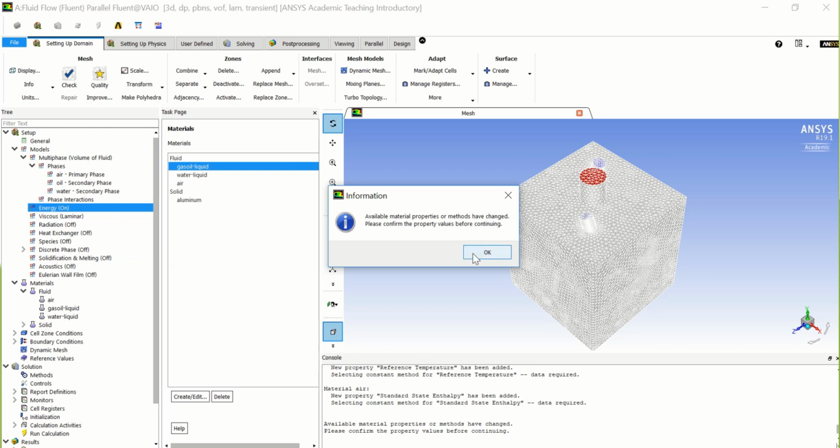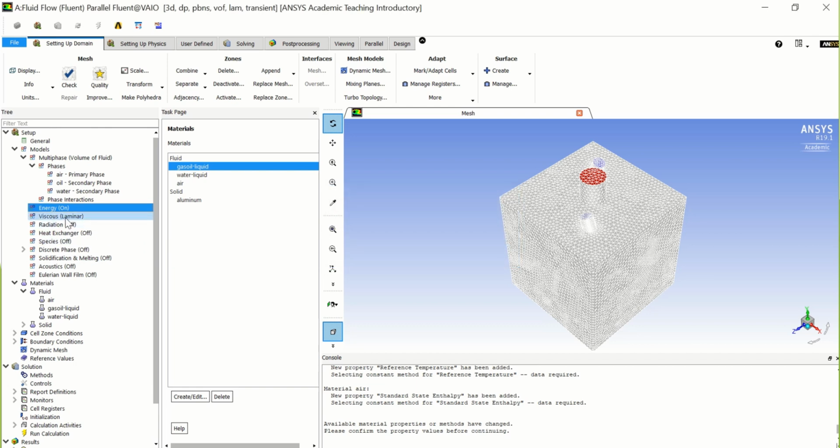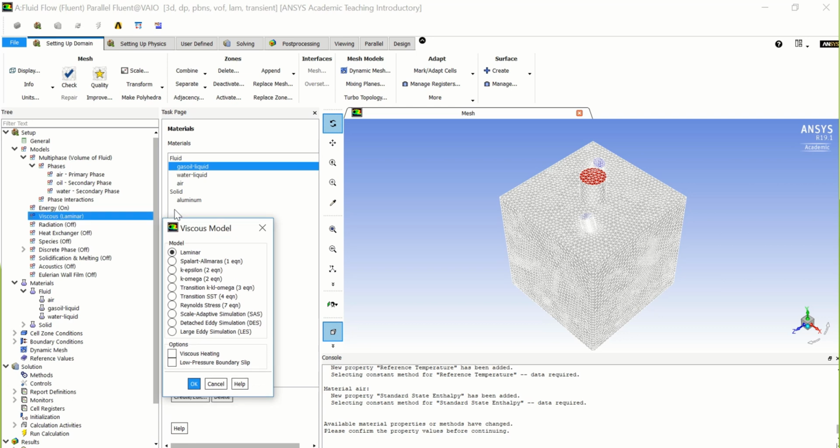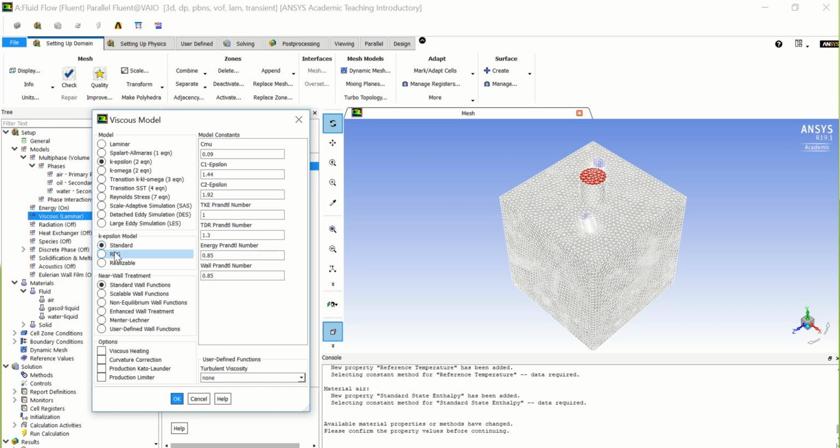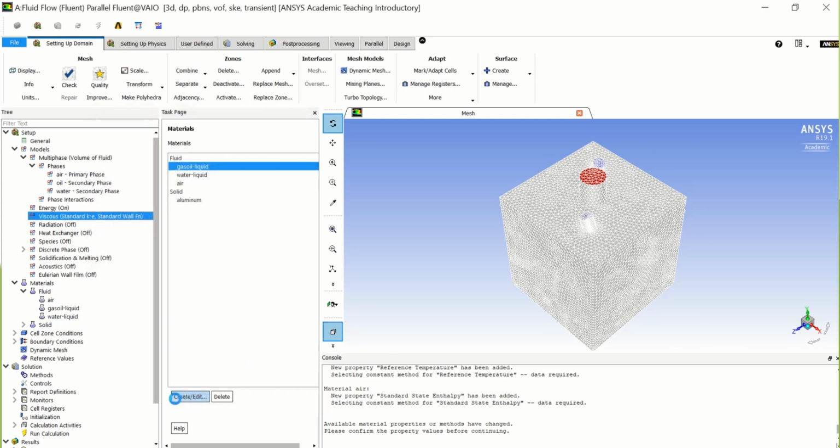It's also a good choice. And for viscosity, in the viscous model, it's typical practice to choose the k-epsilon. It's a two equation model, so let's keep on the standard model, and let's click OK. So now let's proceed. Let's go to boundary conditions now,